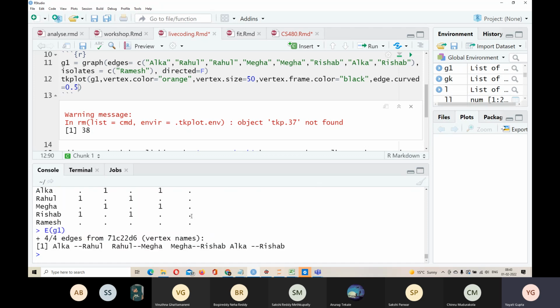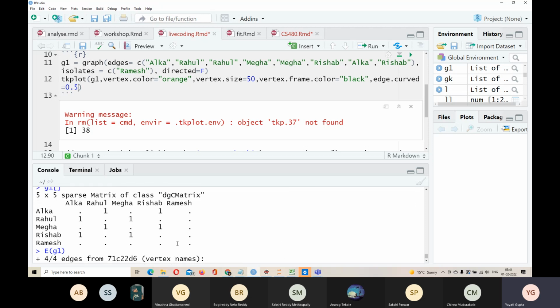And if I write it this way, E(G1), this particular representation which you see here, can you tell me what it is? It is called an edge list representation. There are more representations, so I leave it as a homework exercise. Please note that it's part of the syllabus. You should know different graph representations, how you represent a graph in memory, and you should know their pros and cons. So we generally do not represent graphs like this. Any idea why? In the form of an n cross n matrix, we generally do not prefer it. Why?